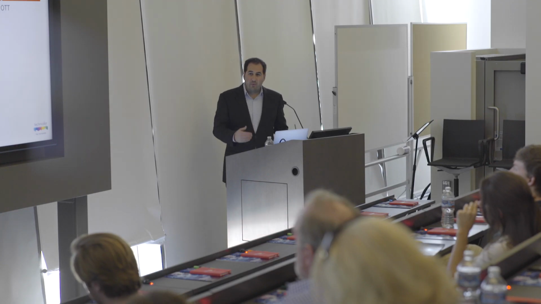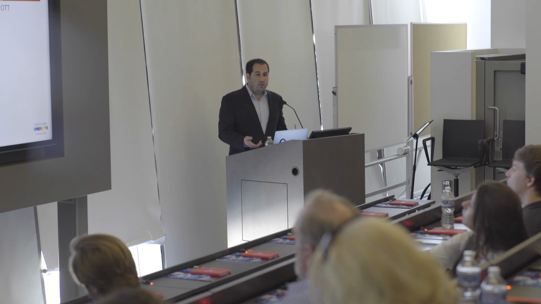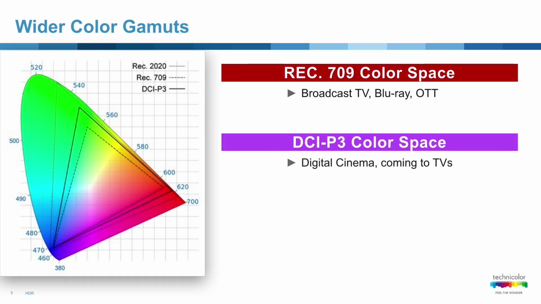That was talking about dynamic range, let's talk about color. So for years, for standard dynamic range for the home, our color gamut, the amount of colors we had available to us, was that interior triangle, which is Rec. 709. That's been the standard we've graded to for the home. It is more limited than what we had in digital cinema, but it is our target and we knew what we were getting. Now DCI P3 is the cinema color space.